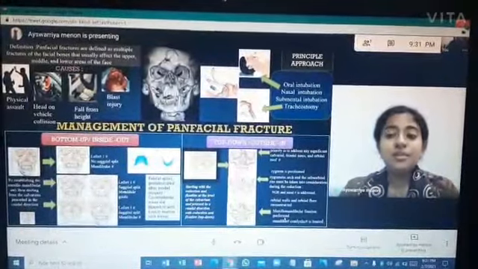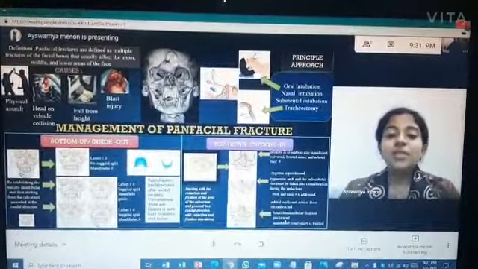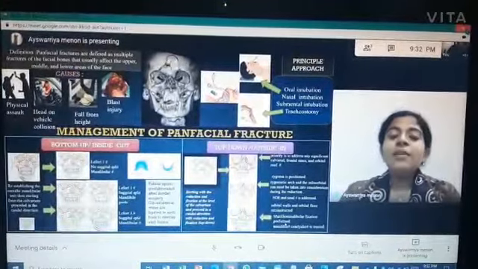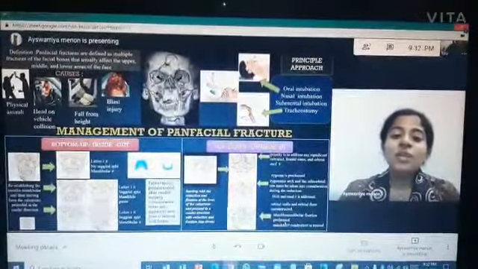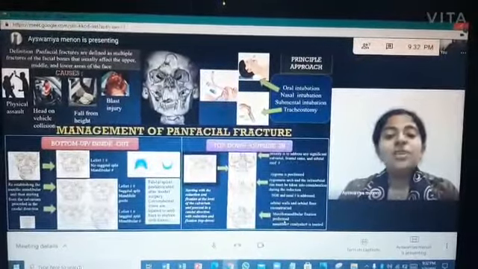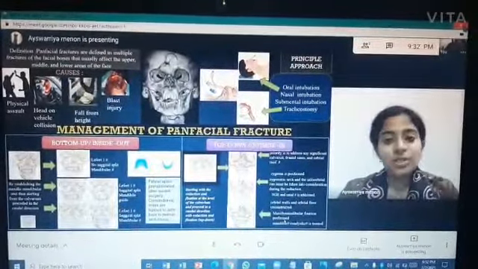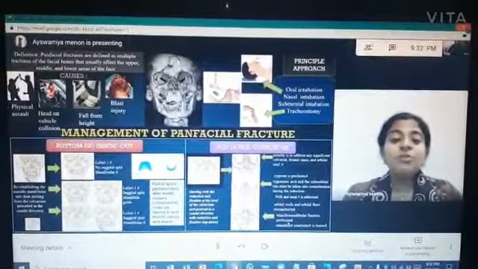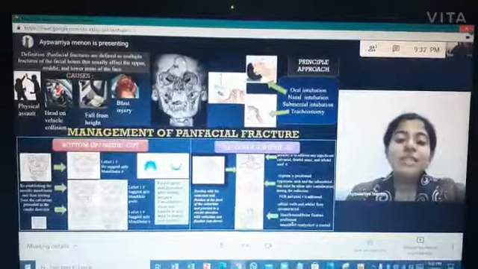One of the primary concerns with regard to repairing the injury is airway management. Airway management can be done by four mechanisms: oral intubation, nasal intubation, tracheostomy, and submental intubation. Once the airway has been established, a sequence of steps has to be followed in order to repair the injury,